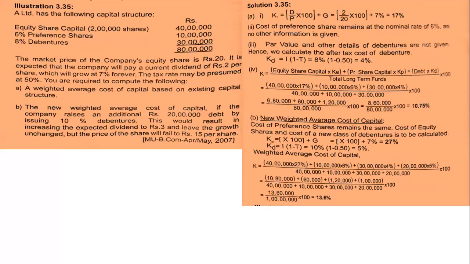Now we'll go to the second circumstance, where there is an issue of new debt. Okay, there is some alteration in the existing capital structure. They have included 20 lakh additional debt. By doing so, they have increased their total capital to 1 crore rupees. Now what effect this will have on the average cost of capital, that we have to see. Cost of preference shares remains the same; the cost of equity shares and the cost of the new class of debentures have to be calculated. Now cost of equity,